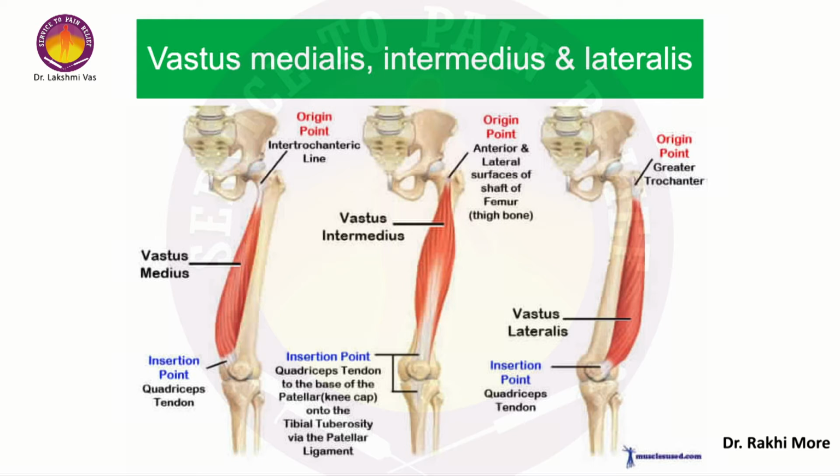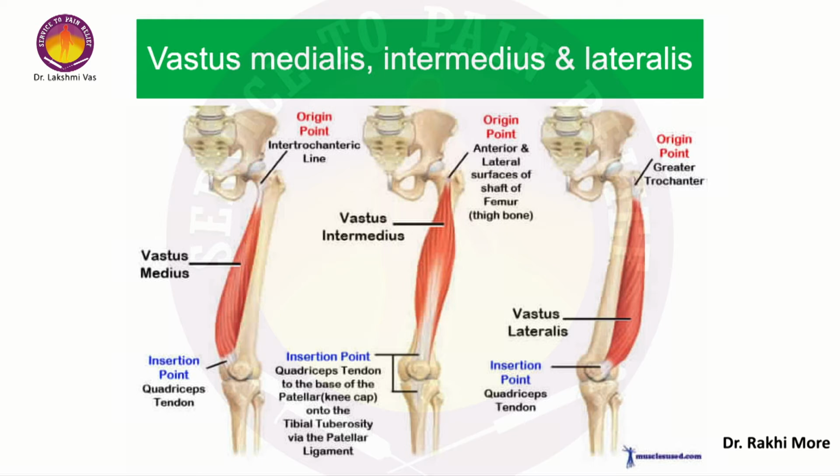All these together form the quadriceps tendon, which gets inserted into the tibial tuberosity. See, in this diagram, the vastus intermedius looks like a small strip of muscle which is not any bigger than the vastus medialis or lateralis. But when you look at it under the ultrasound,